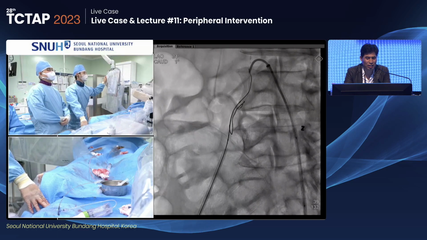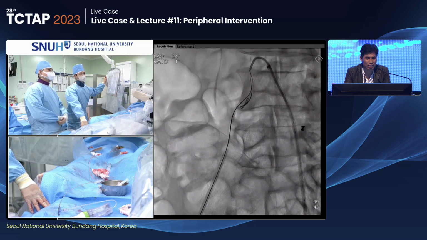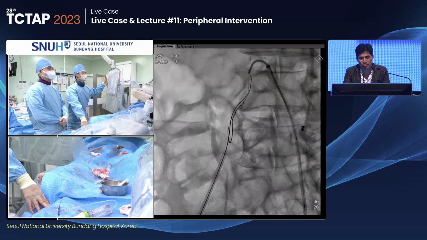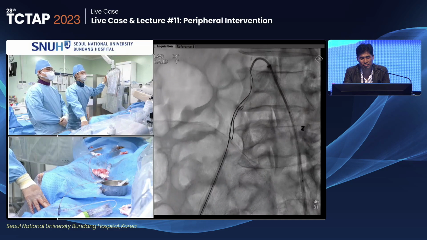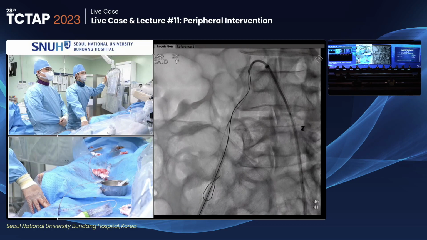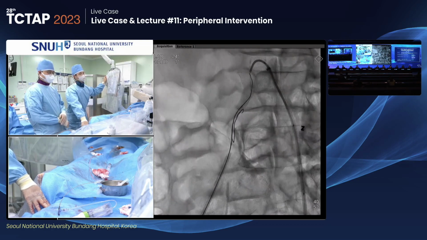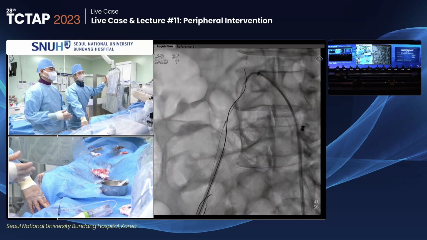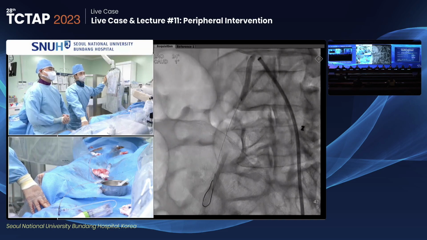And now I can see the anterior wire touch the retrograde wire, and I found that this is true space, and this looped wire easily goes below, as you can see here, freely down the vessel. So I think this is in the true lumen, and then I changed the anterior wire